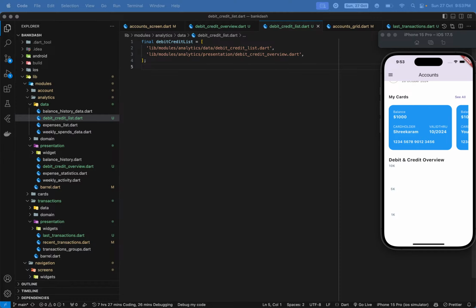We'll go with like 600. Here the credit was, so I'm not going with any realistic numbers or anything. I'm just going just like that, 400, and here we'll make it 200. Okay, we have this list. We'll